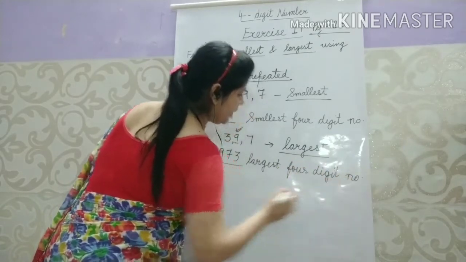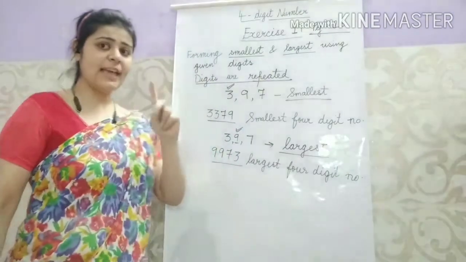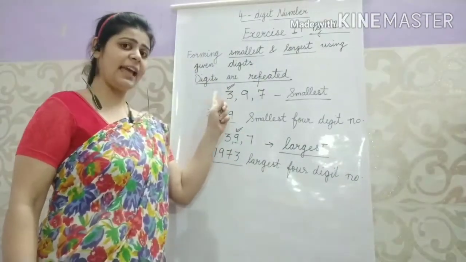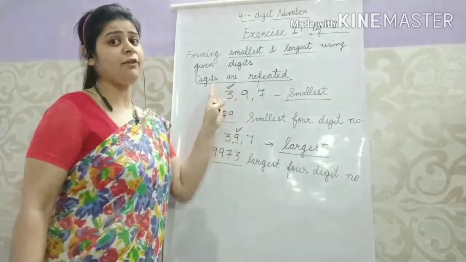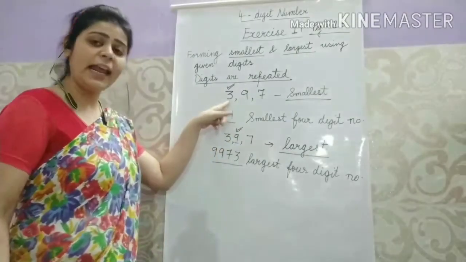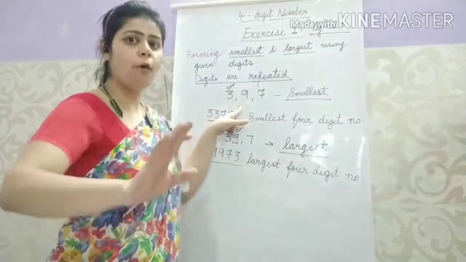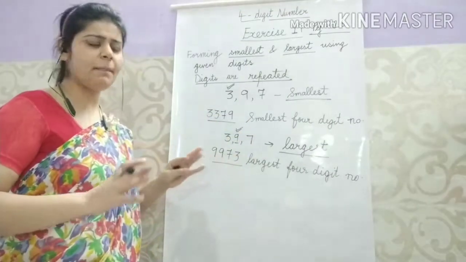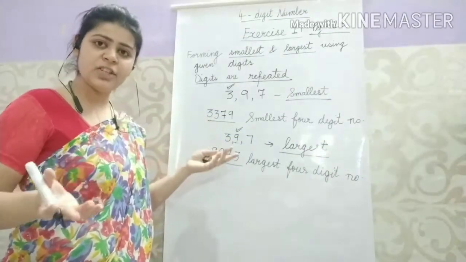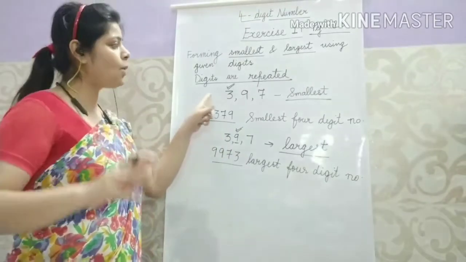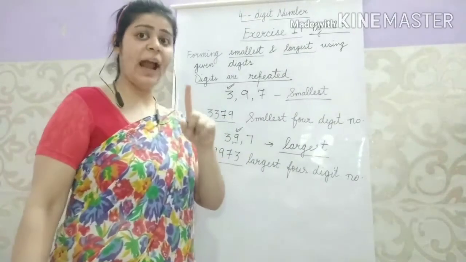Okay? Now in the examination, if it comes like 3, 9, 7 as I have given, it was just an example. But if any numbers are given and you have to form a 4-digit number or 5-digit number, 4-digit number, 3-digit number if only 2 are there. So I think now you all can do it.